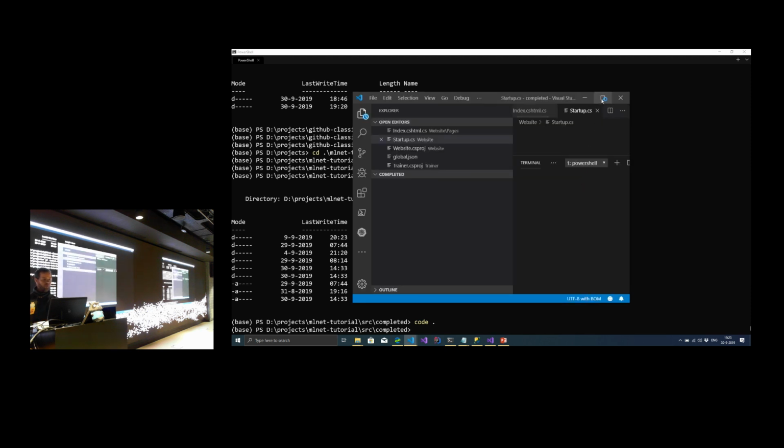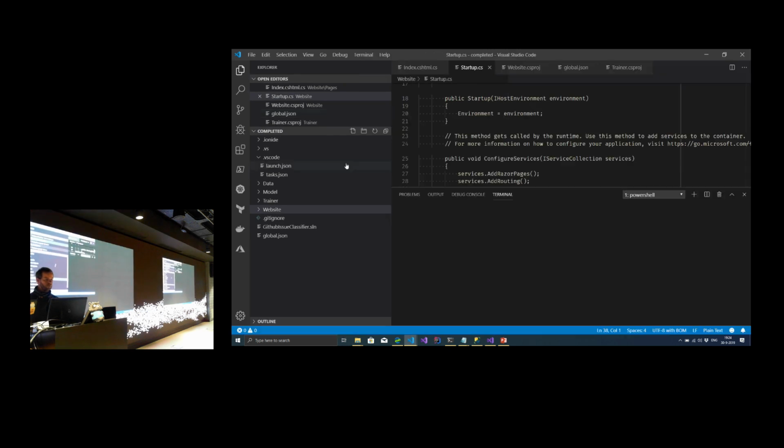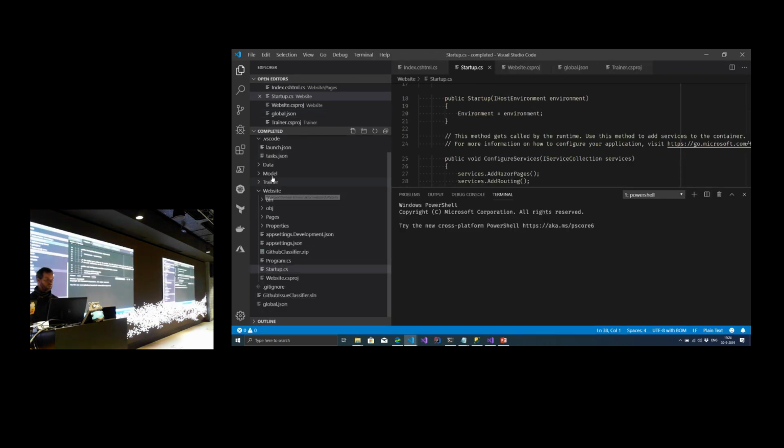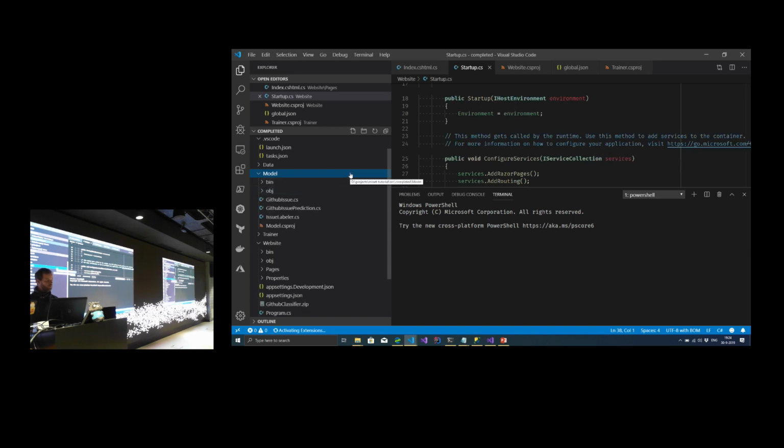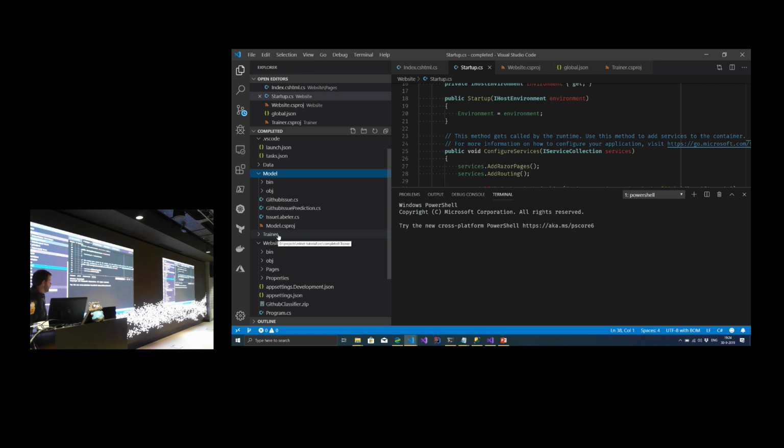What you will get is a project that looks very similar to this. So it will output a model project and it will output a console application. In my case, I renamed those and I changed a few things around. So this is a one-time process. You can do this once and it won't update your model. You have to manually train it afterwards. That's the one thing that is annoying about this solution.